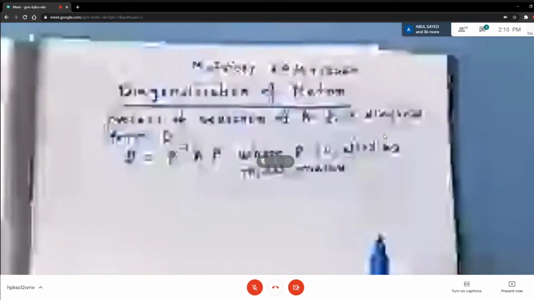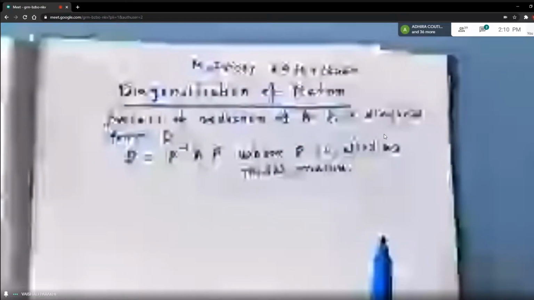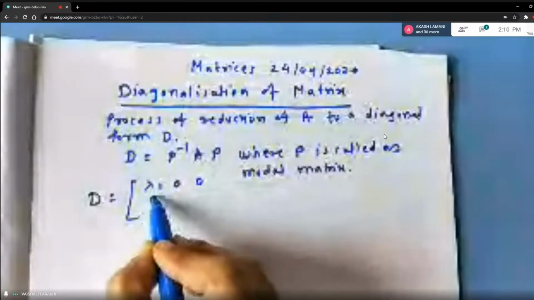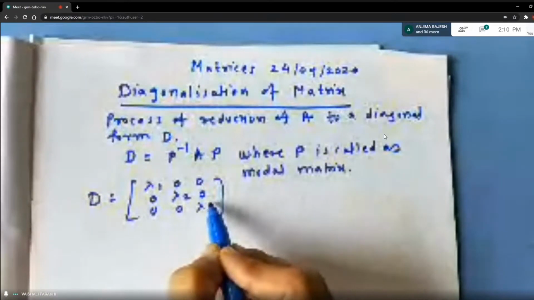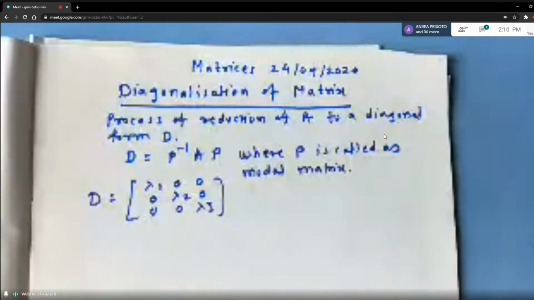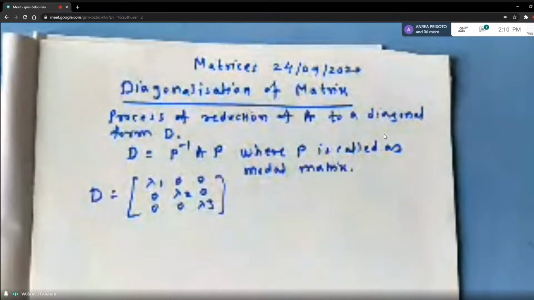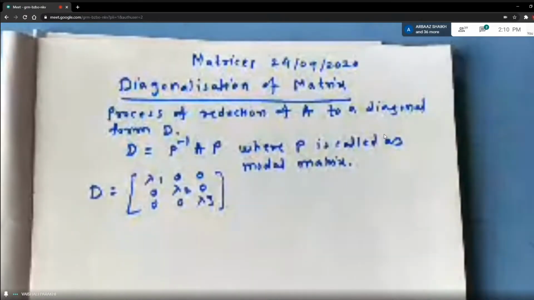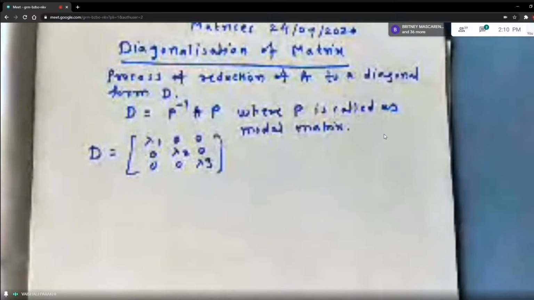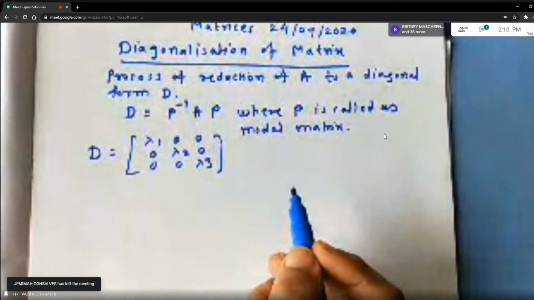Now when you solve this, you get a matrix D, see how it looks. It is nothing but the diagonal elements as your eigenvalues. In the beginning only you have already got the eigenvalues, so the same eigenvalues will reflect in the last step when you get your diagonal matrix. So let us write the working rule step by step on how to diagonalize the matrix.